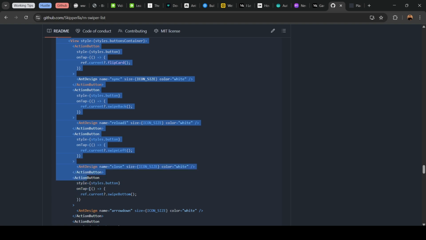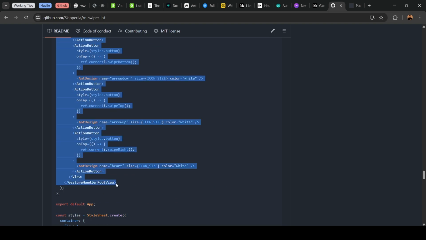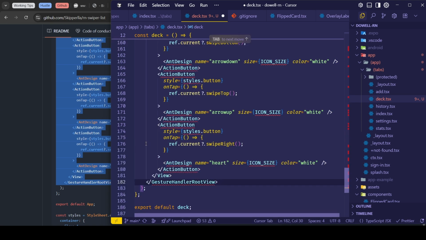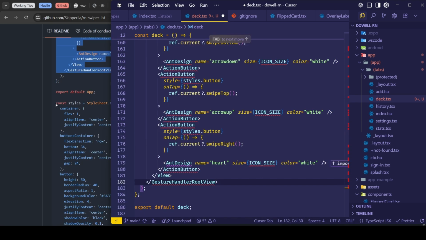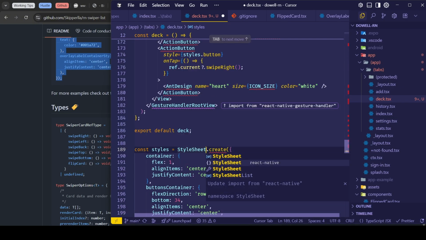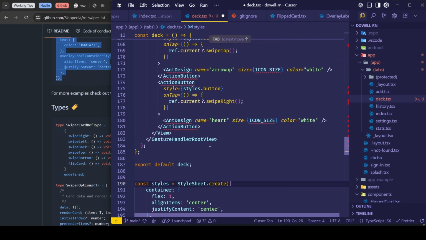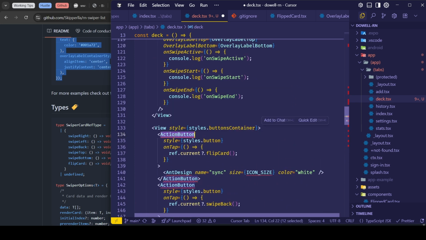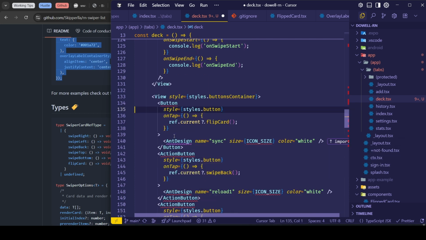The button we can change because we did not make the button. Then for the style, we can import it in here.